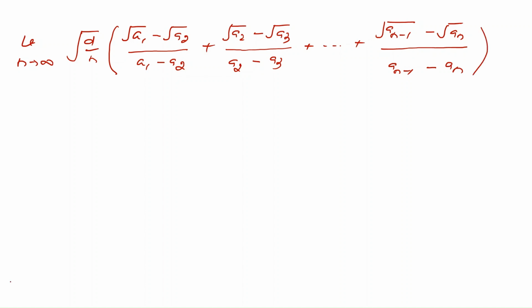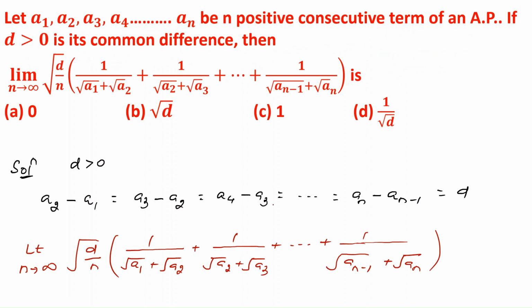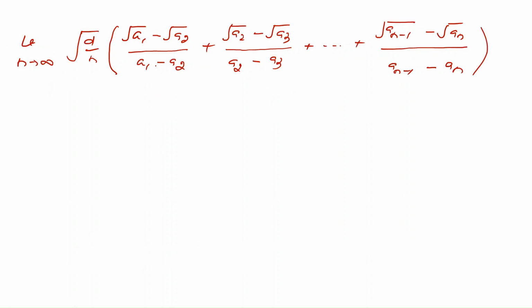Denominator can be written as minus d, because a2 minus a1 is our d, and this can be written as minus d,